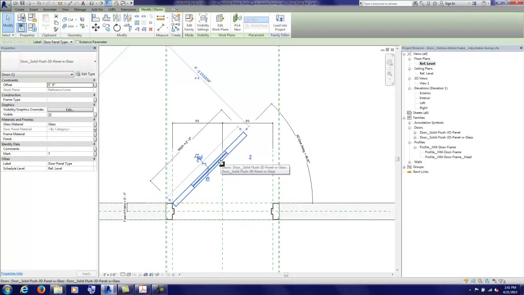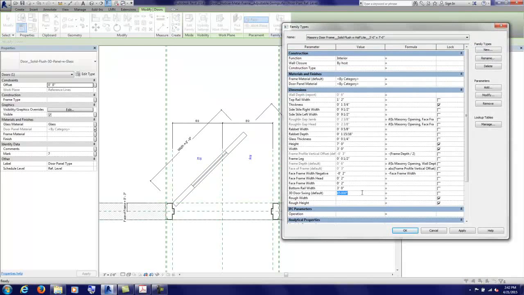So what we need to do is add in a 2D swing that will mimic with symbolic lines give us some other adjustability in our floor plan when we're just looking at the doors, kind of layout within different rooms. You want to have the ability to open and close your door swing so it looks good for your floor plan, but again, you might want to have something different for your door swings when you're looking at it in elevation or perhaps in